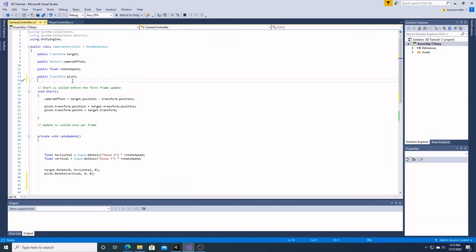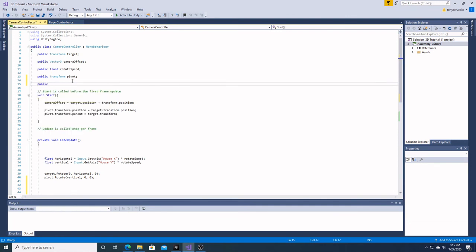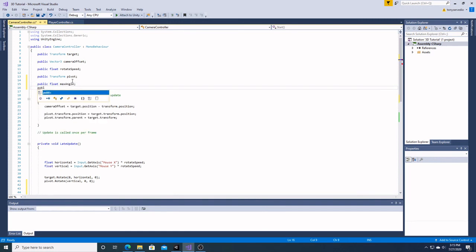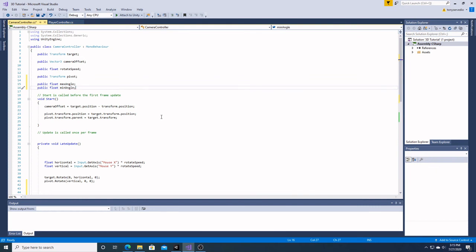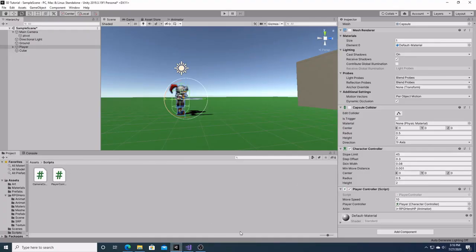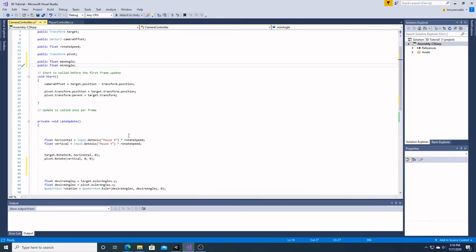So first we're going to create two public floats, and we're going to call one max angle, and we're going to call the next one minimum angle. The reason why I'm doing that is because it's easier to adjust things in the editor in terms of values and numbers than it is to change it when we hard code numbers into our script. So next we're going to make another if statement, and then we're going to say if